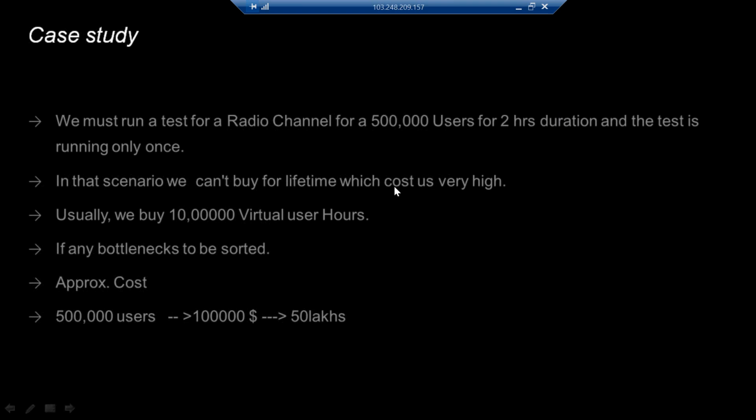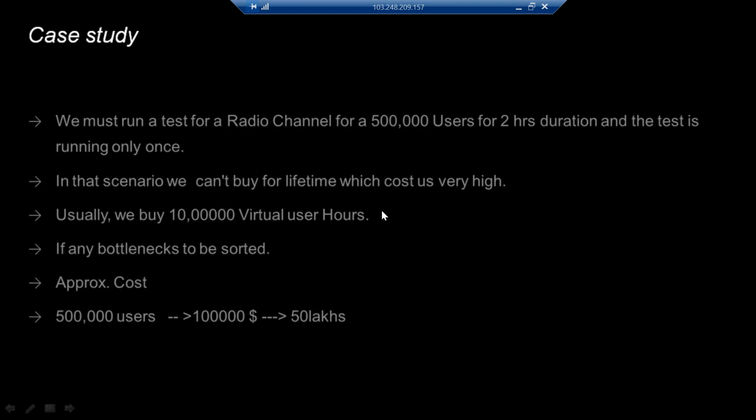I would like to explain one case study I have come across. We had to run a test for a radio channel with 5 lakh users for a duration of 2 hours, and our client expected to run the test only once. In this scenario, Loadrunner doesn't have an option to buy virtual hours, and you can't buy 5 lakh users for a lifetime; it would be very costly.